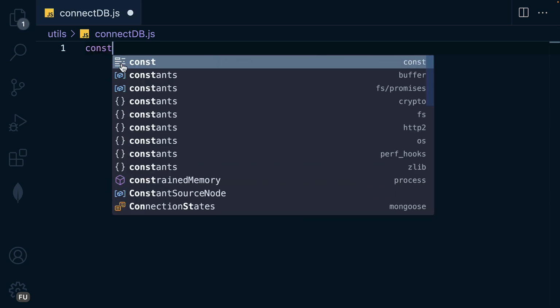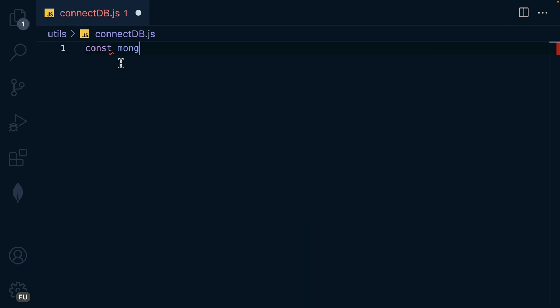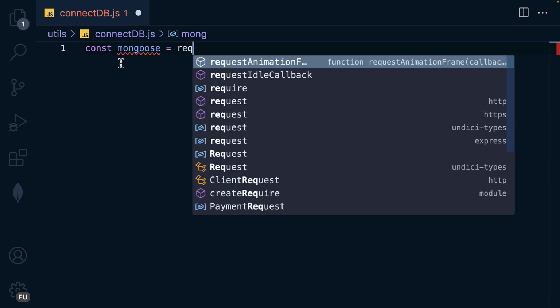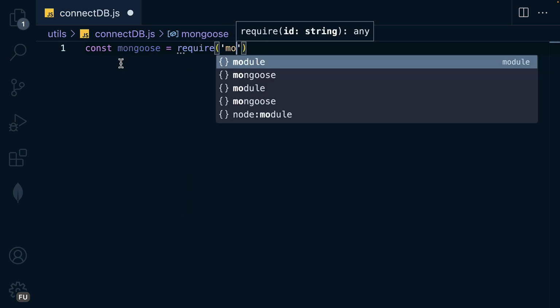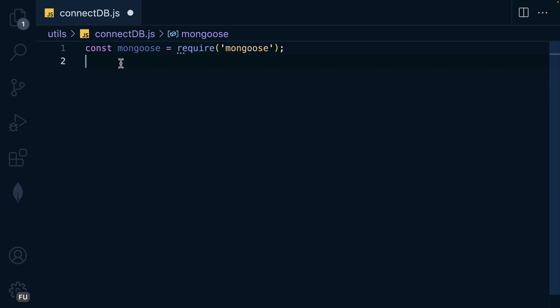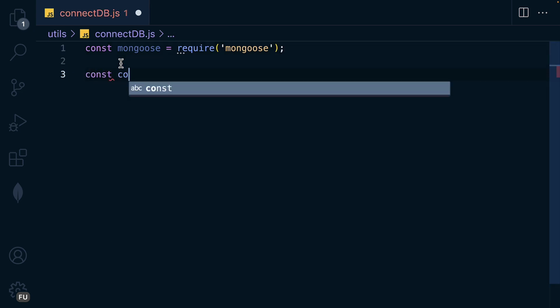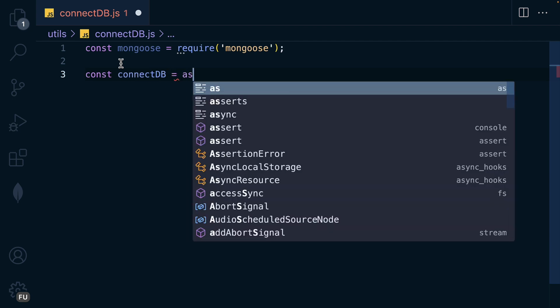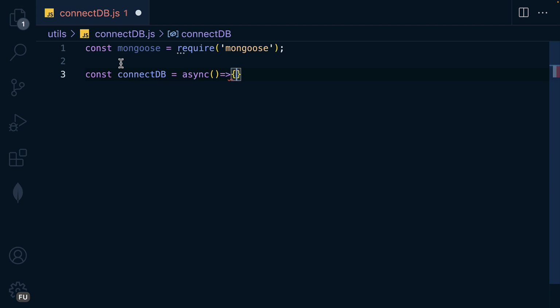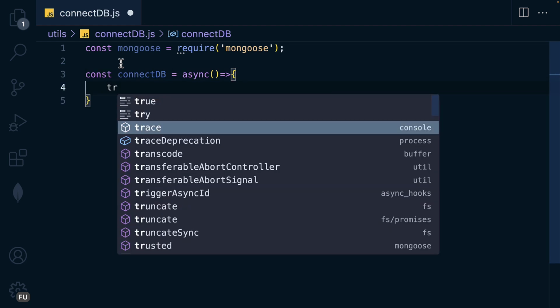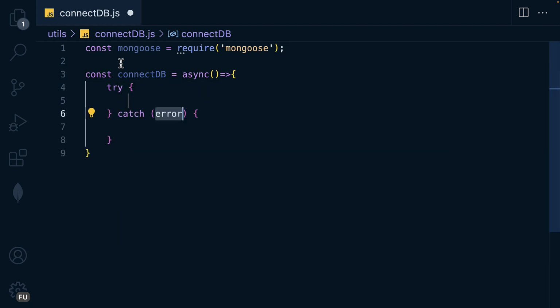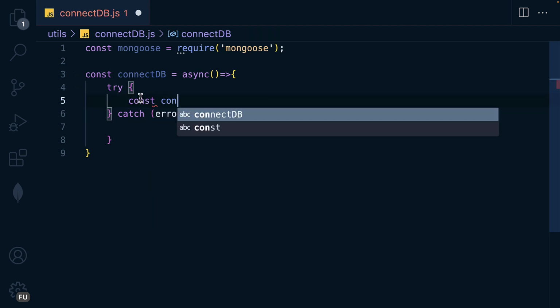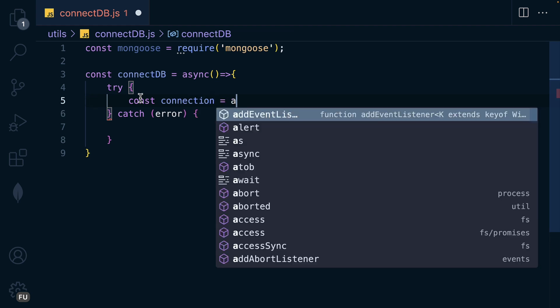And the function goes like this: const mongoose is equal to require the mongoose package. And then the function connectDB is equal to async, and then try and catch. Inside the try, we are going to create a variable called con, or connection, is equal to await